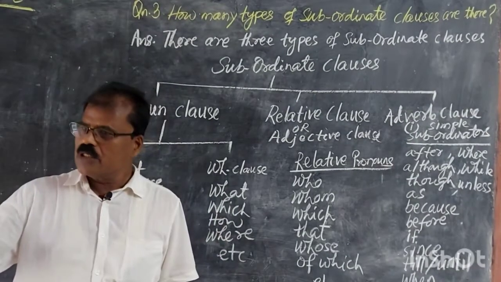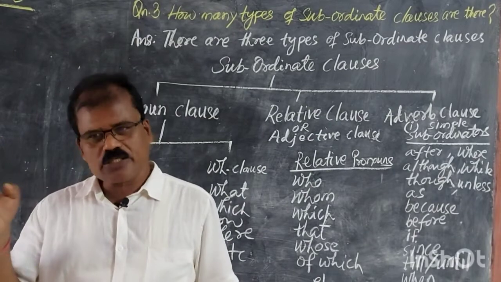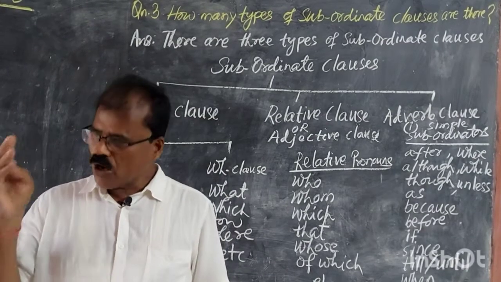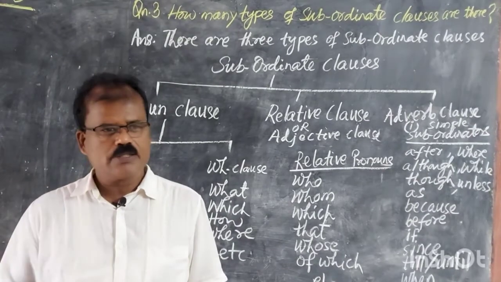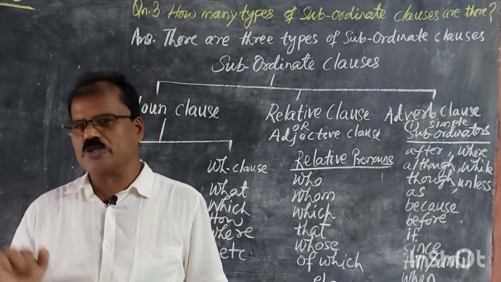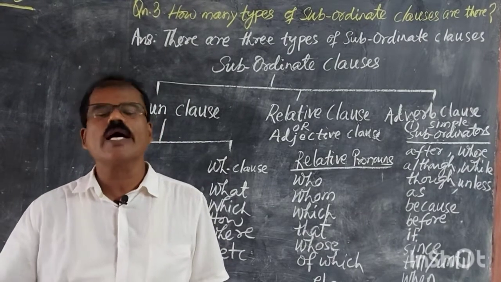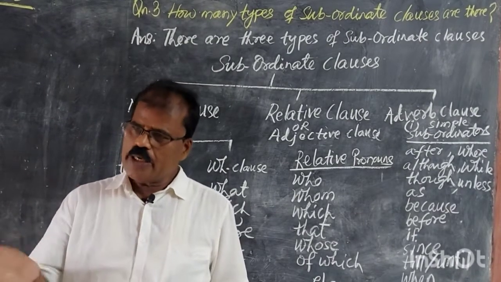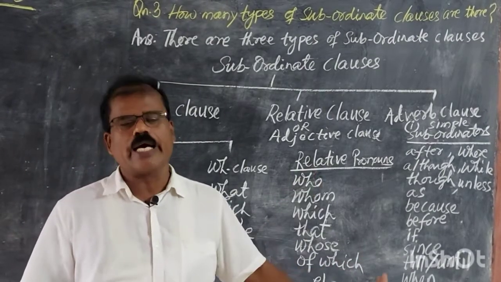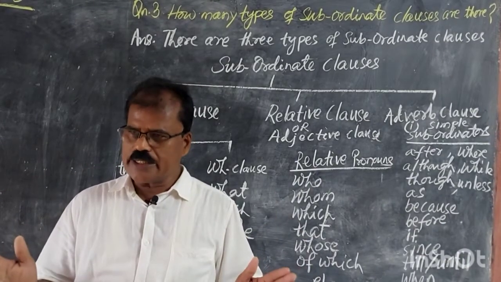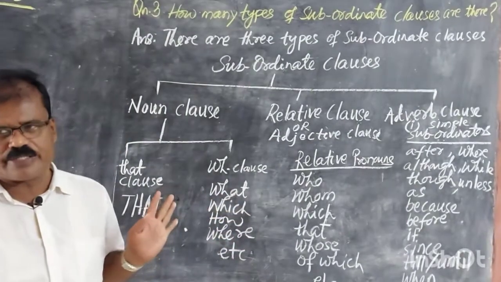It does the role of a noun. You know, nouns act as a subject of a sentence, object of a verb, subject complement, also object of a preposition, and at times noun phrases act as apposition to another noun. So when a noun phrase does these activities, a noun clause can do those activities. Okay? So noun clauses do the activity or duty of a noun phrase.